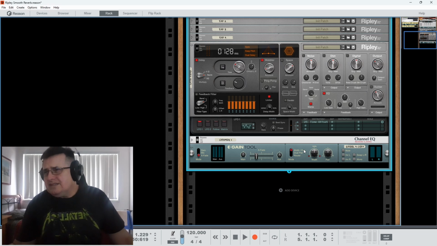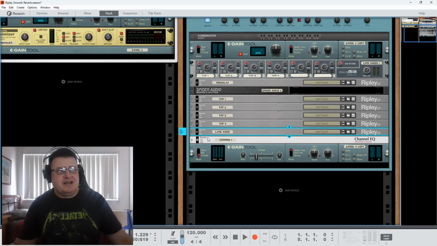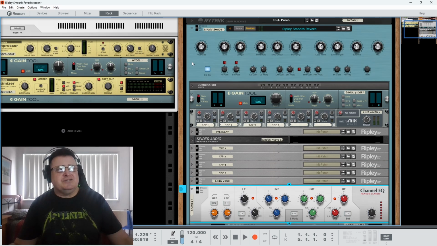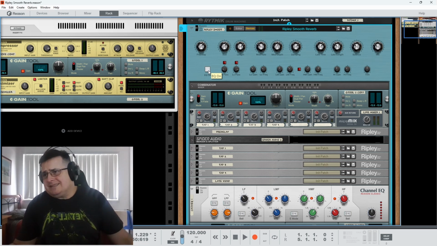I don't get overly technical about that, because signal then comes out of our late verb and goes into this EQ, which we can turn on or off. So you're not stuck with it. If you say, oh, look, Benedict, I want to EQ this differently, or whatever, because you're going to have to